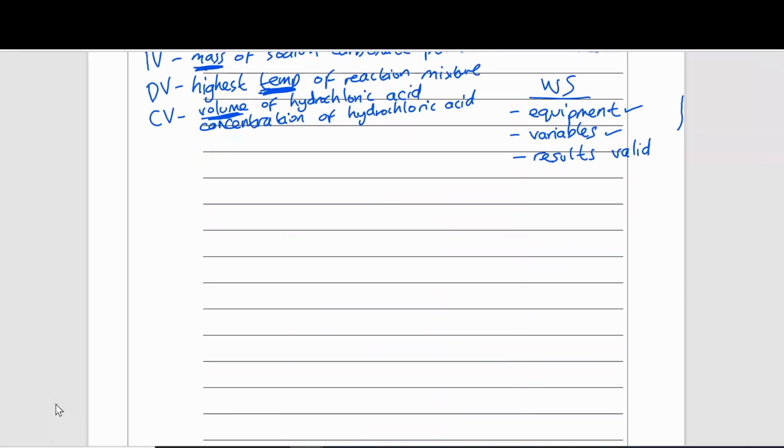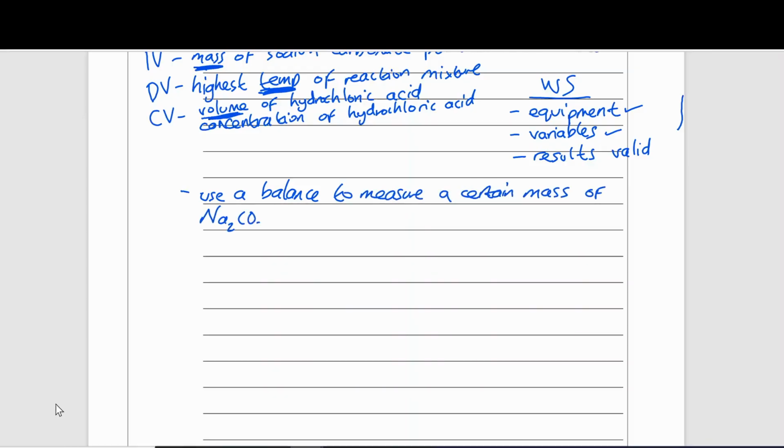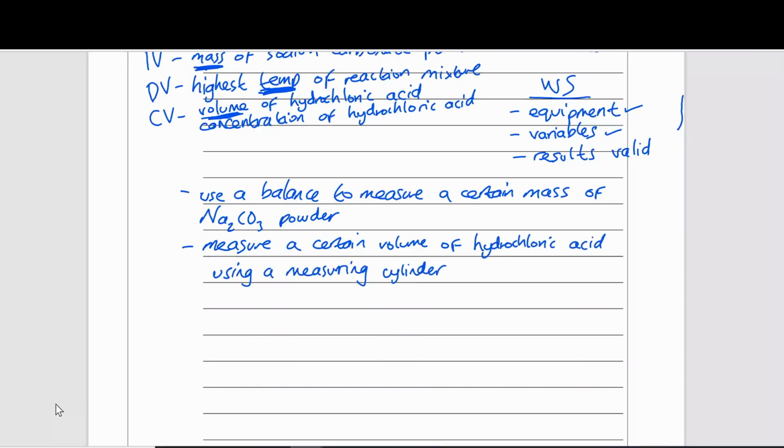So let's begin. Use a balance to measure a certain mass of sodium carbonate powder. I'm just going to use the formula just to make things a bit quicker. Measure a certain volume of hydrochloric acid with the measuring cylinder. Now what we haven't mentioned before is where are we going to have this reaction mixture